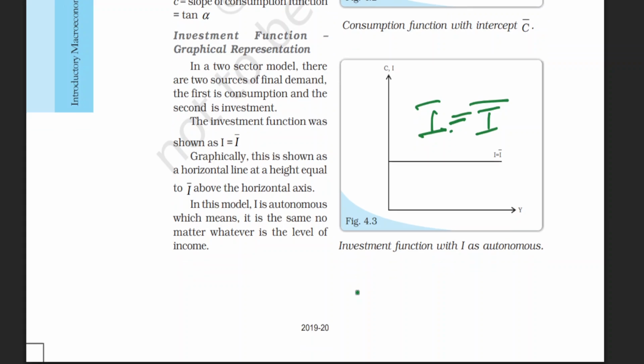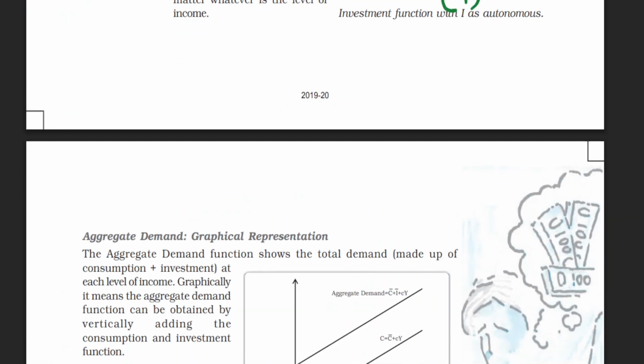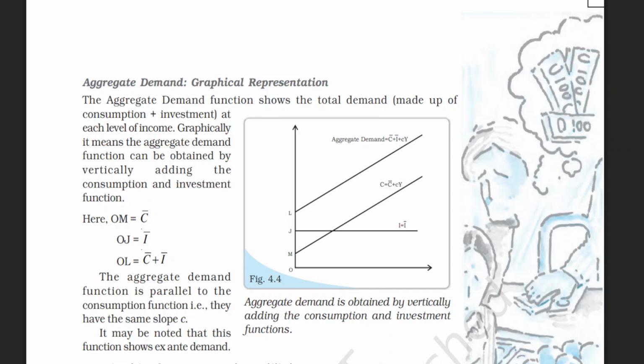Here also, whenever we are representing, Y is represented on the x-axis and C and I are represented on the y-axis, right? Now whenever we try to club them to make AD, as AD is the summation of C plus I, we have seen individually how C is represented, and how I is represented. As we know, I is the constant part and C bar, that is autonomous consumption, is also a standard part, right? This is the autonomous consumption, and this complete line is the autonomous investment.